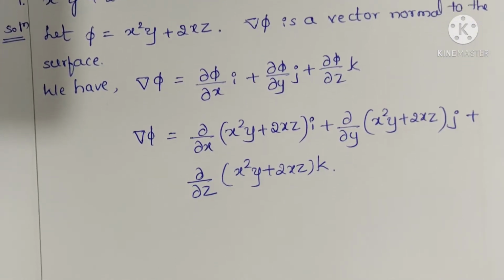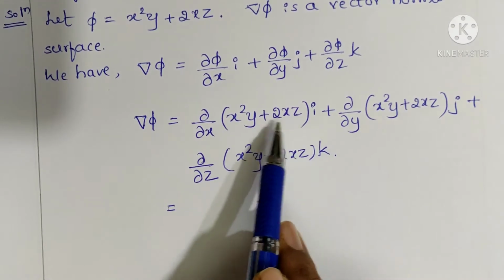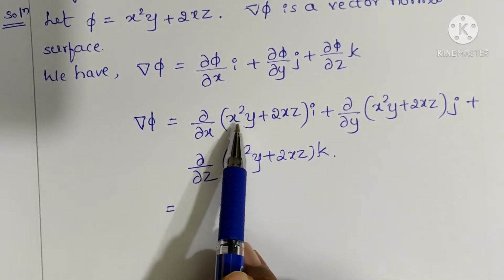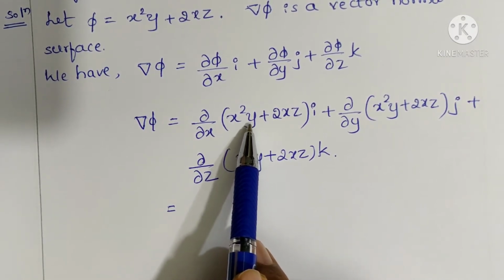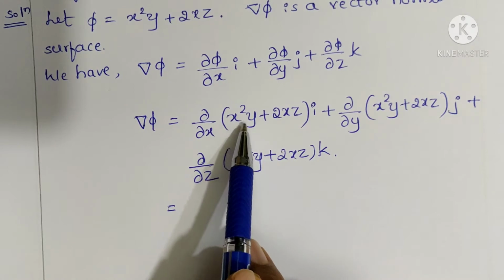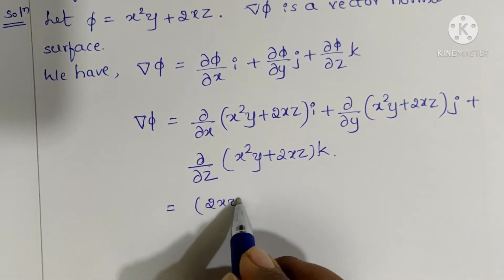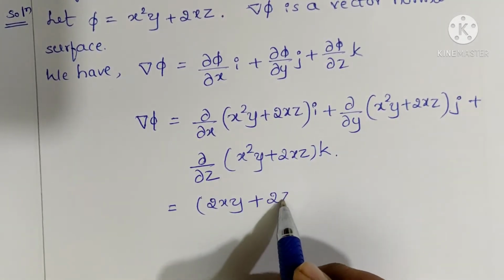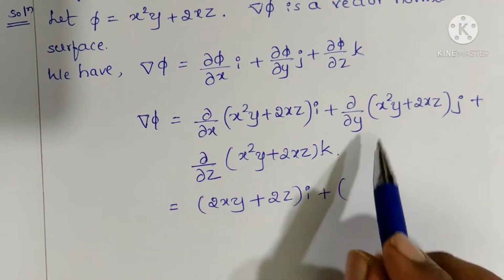So now what is this? Dou by dou x of this equation means we have to differentiate partially with respect to x. So here y acts as a constant, z acts as a constant. So differentiation of x square y with respect to x is 2xy plus 2z, into i, plus